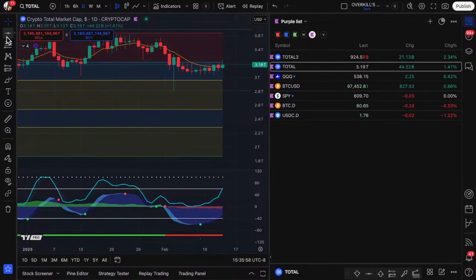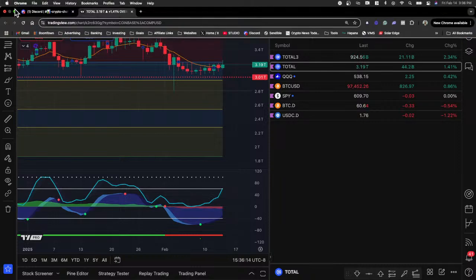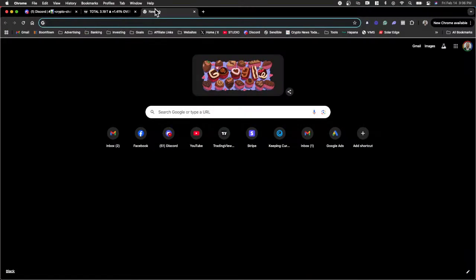We're consolidating right on that $3 trillion market cap. So this is actually pretty crazy. I noticed this today. So if you take the total market cap of crypto, right, the total market cap, meaning every single coin put together in one market cap, it equals $3.19 trillion. So right now,